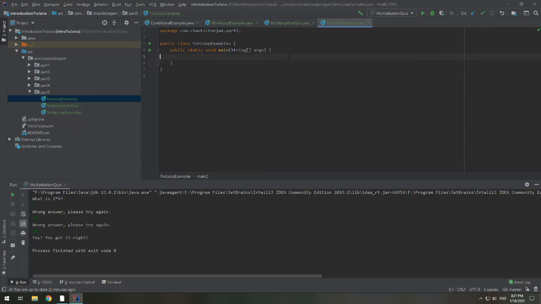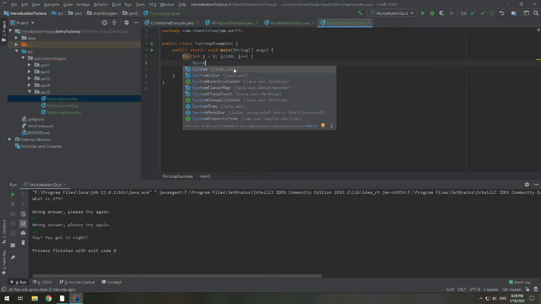So for loops give us a little more concise syntax than our while loop. Thinking back, we wanted to print out meow 100 times. We can do this with a for loop. So what we do is for, and we define our int i in here. So for int i equals 0, i less than 100, i++. Now we don't need to keep a separate counter. A counter is actually inside our for loop. And then all we write is